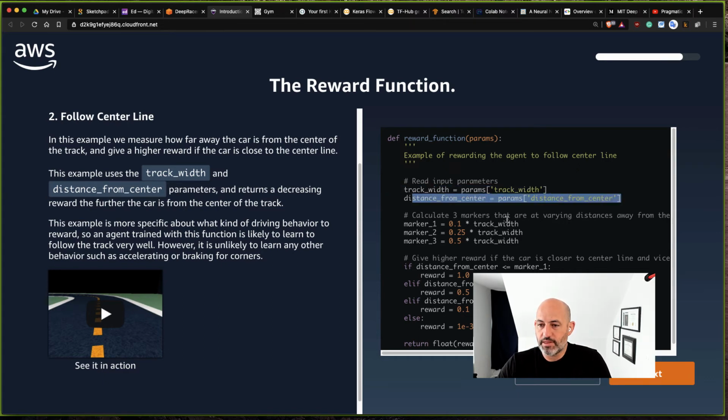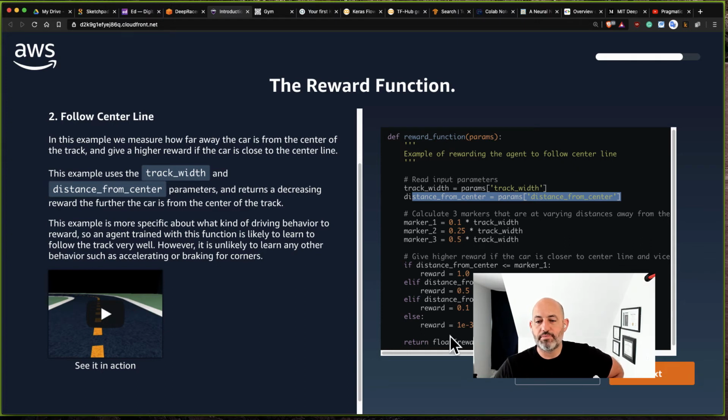And then we calculate 3 markers that are varying distances away from the center line. Then we give a higher reward if the car is closer to the center line and vice versa. So here we go. If distance from the center is less than this marker, give a reward of 1. If the distance from center is less than marker 2, give a 0.5. And then I go through and return back this float